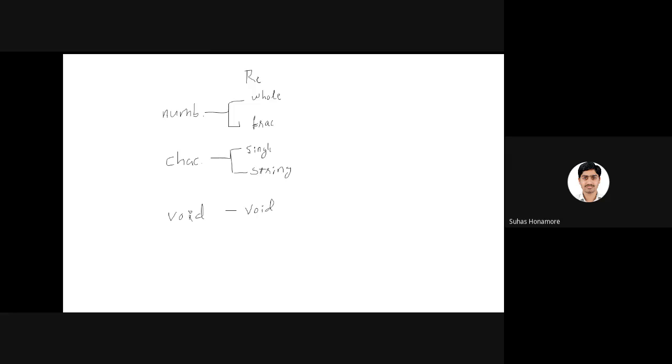So whenever we are saying whole number, these are all with respect to real life, whatever we are discussing. Now these things are implemented into C language. So the whole number we give as integer. The fraction part we implemented into two different categories again. Here we'll say float. Float is nothing but the fraction part; normally, by default, we'll say it's a float type. Or you can say one more thing, a double.